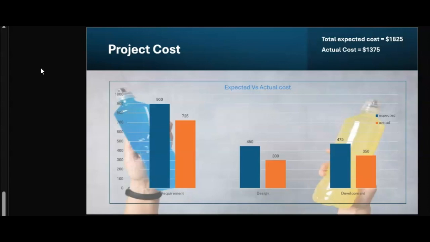We looked at three phases: requirement, design, and development. The total expected cost is higher than the actual cost in all three phases, and the actual cost is lower in all three phases. This bar graph shows the data we found on the total expected cost and the actual cost.